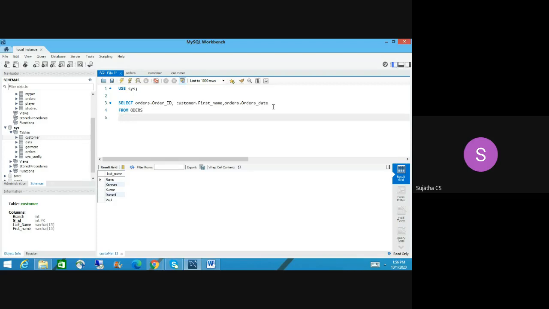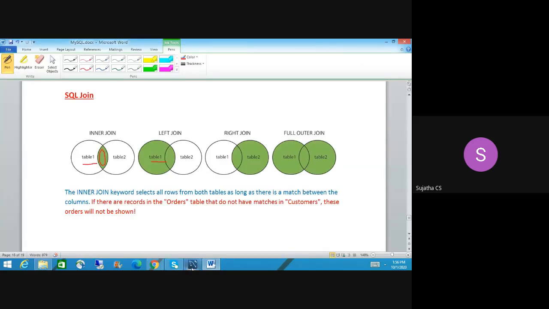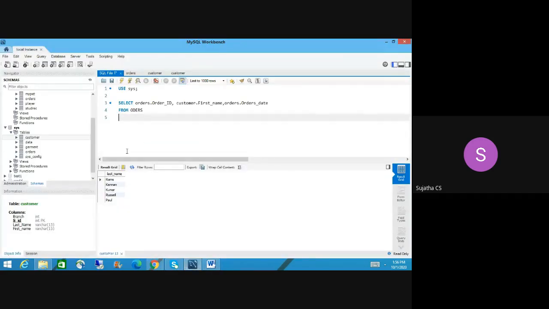So there is a key to join inner, what is that? Inner join. So write inner join. We can write inner join in small letters or whatever, but as practice, write all the keywords in capital letters, it will help you understand. For example, if you write from orders inner join in small letters, it won't throw an error.